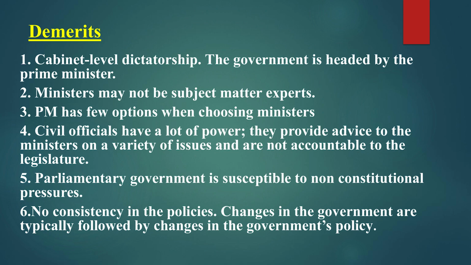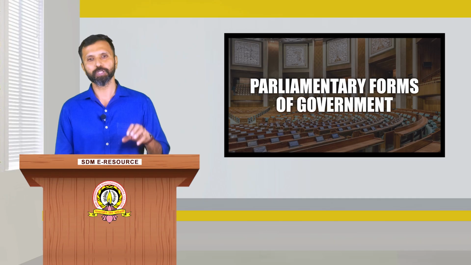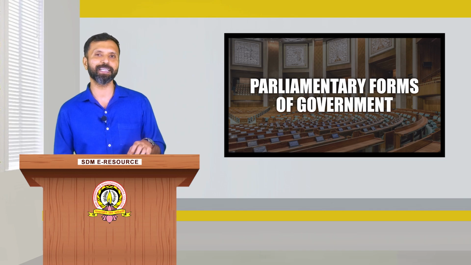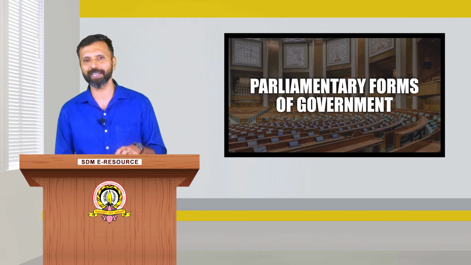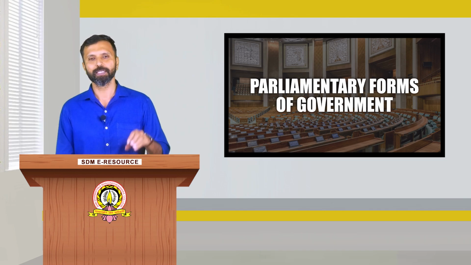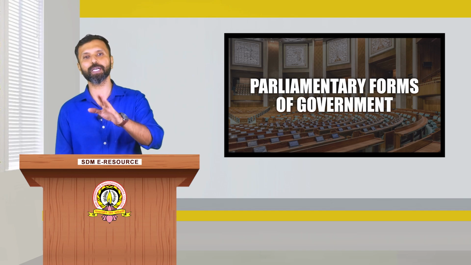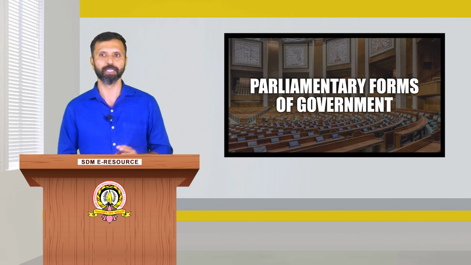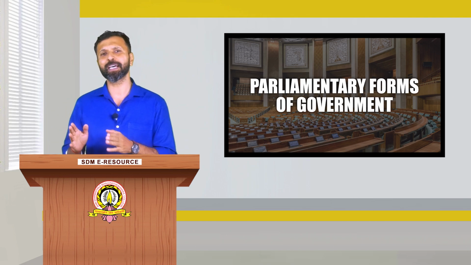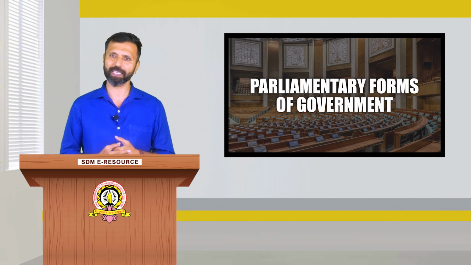The demerit is dictatorship at the cabinet level. It is a form of government where the cabinet is a highly potent and powerful department. We can understand it like a kitchen. We use the word kitchen cabinet because a very few members rule, and their decisions can impact the whole government and the whole nation. So that is how there may be a leading role as a dictatorship at the cabinet level.